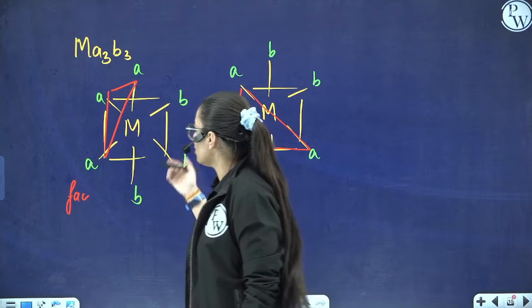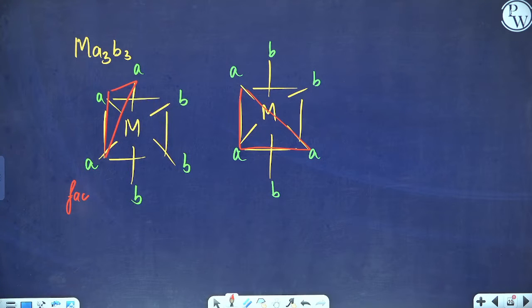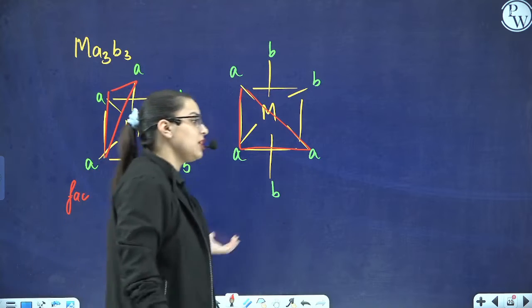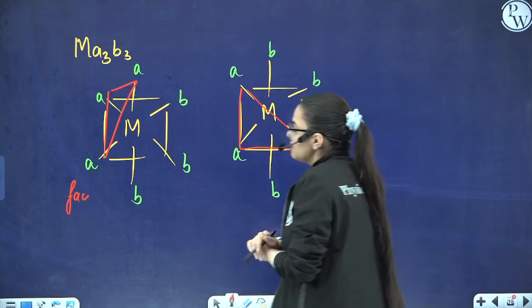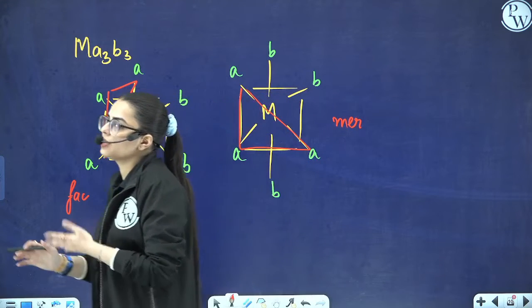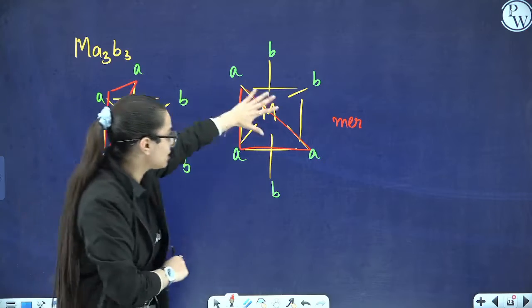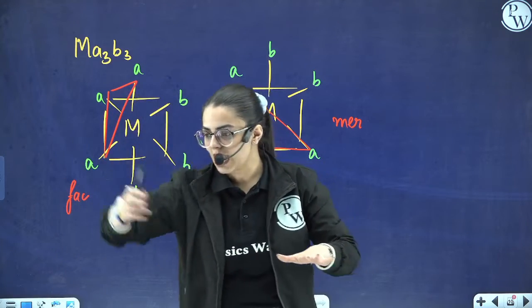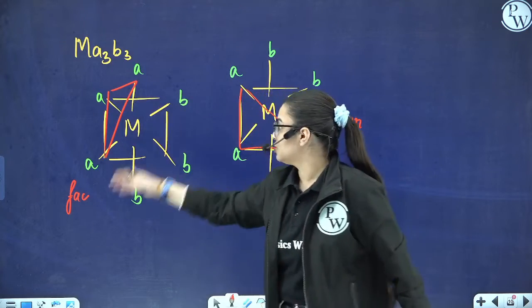Okay, so this is one kind of isomer that you obtain over here, and the other one is meridional. Facial and meridional. As it is present on a face, it is facial, or FAC we write, and here it is meridional, so we write MER. Is it clear? So these are the two kinds of isomer that you obtain when the coordination number comes out to be 6. Again explaining, this is a kind of 3D structure like this. One atom here, one atom here, one atom here, one atom here, one atom above, one atom below. So this is what is happening over here.